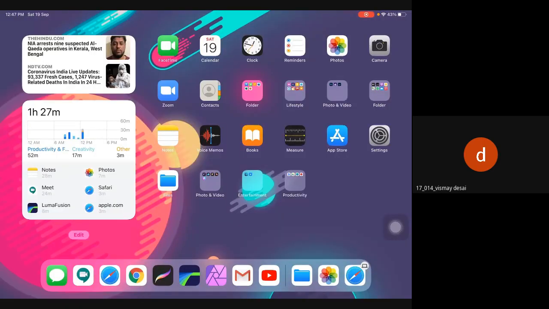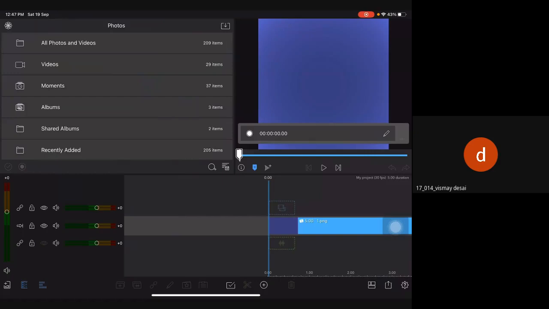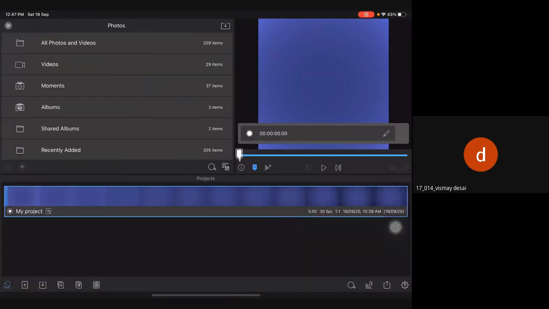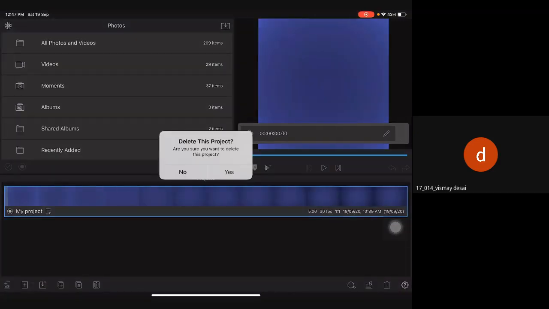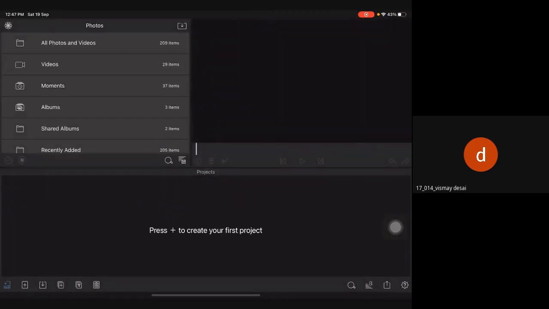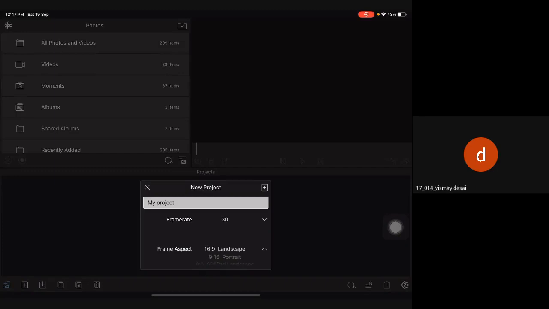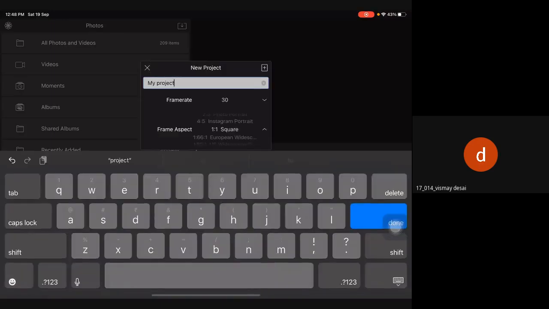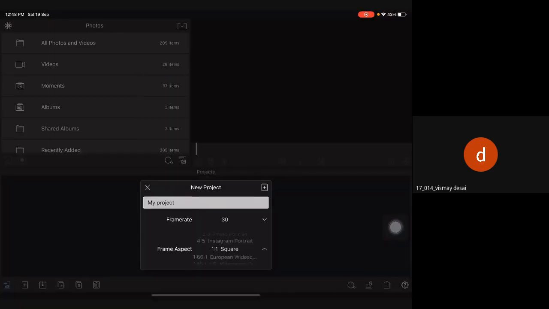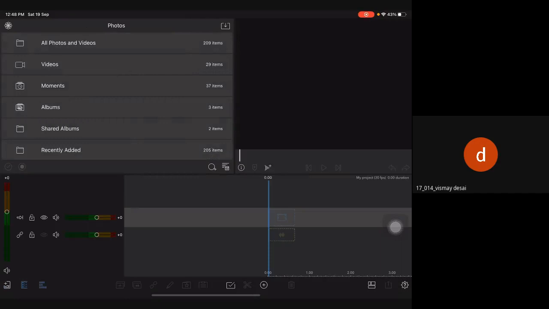Okay. Now we'll go to Luma Fusion. It is same as any other software. Create your new project. Currently we have prepared the image in a square size, so your video size should also be square. So select the 1:1 ratio. You can give any name. I am not interested in giving any name, so make it project one. Create it. Now it is created.